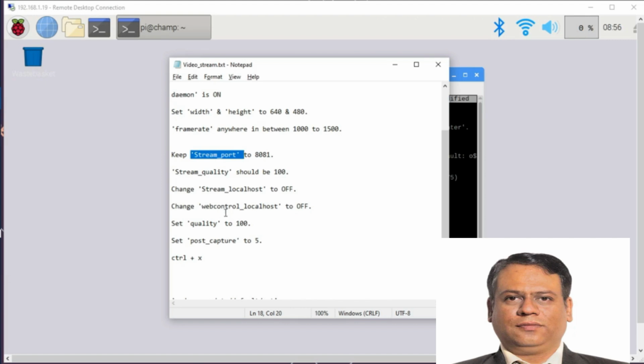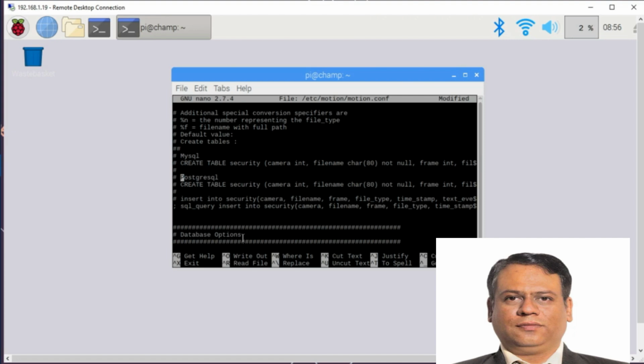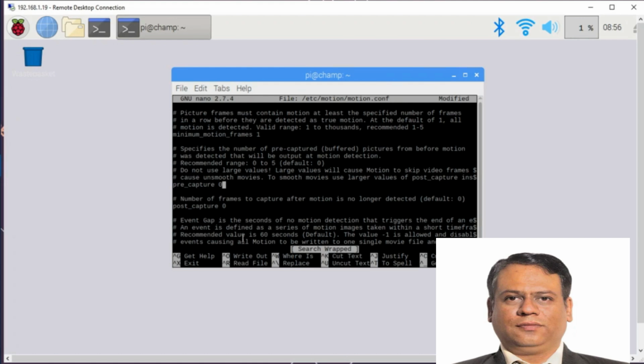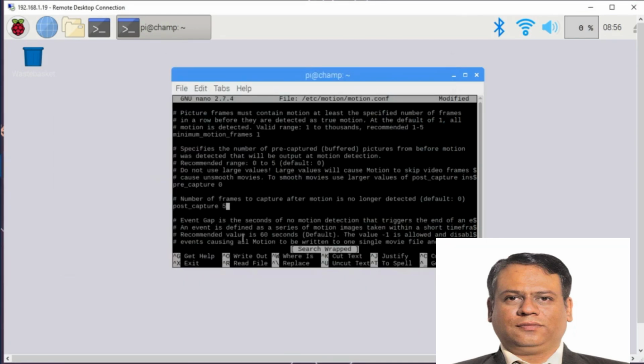And then post capture. So again control W, post capture. Here there is a pre capture and then post capture. So we'll change post capture from 0 to 5. Okay, so that's it. To terminate or end that editing, you just press Ctrl X